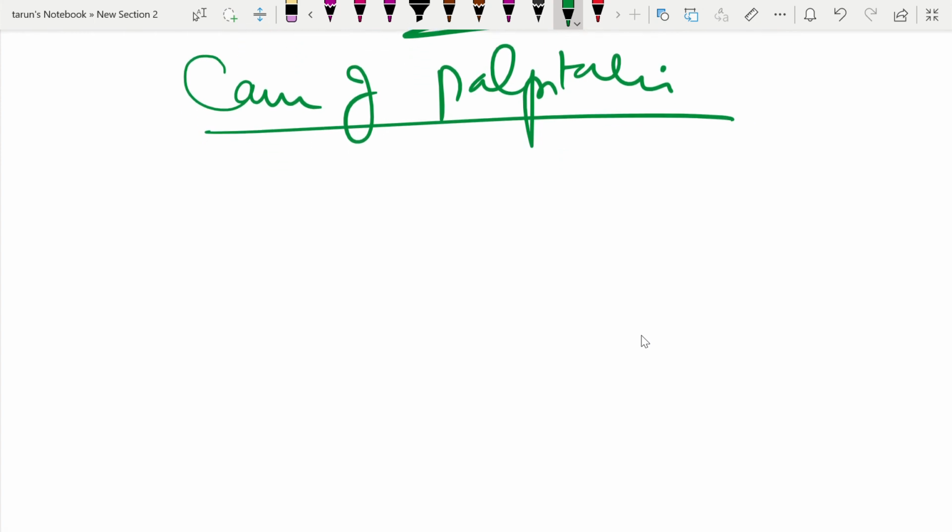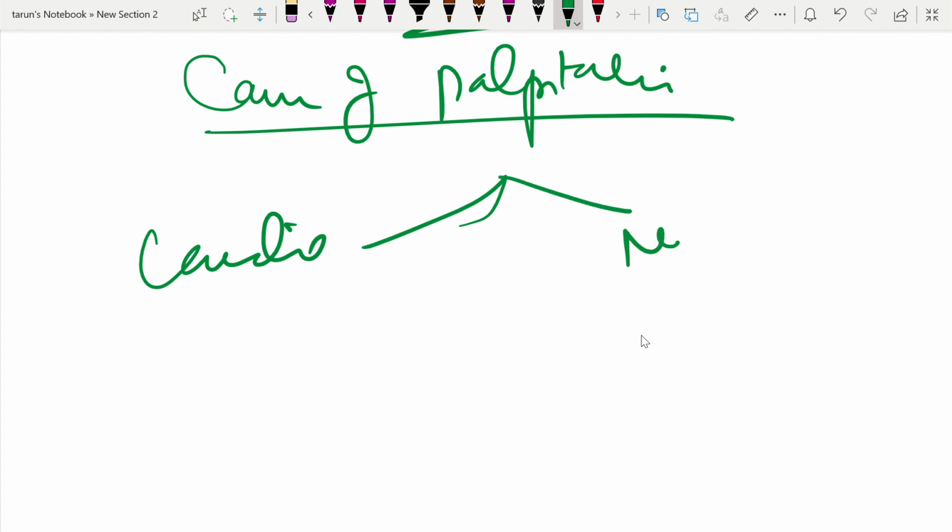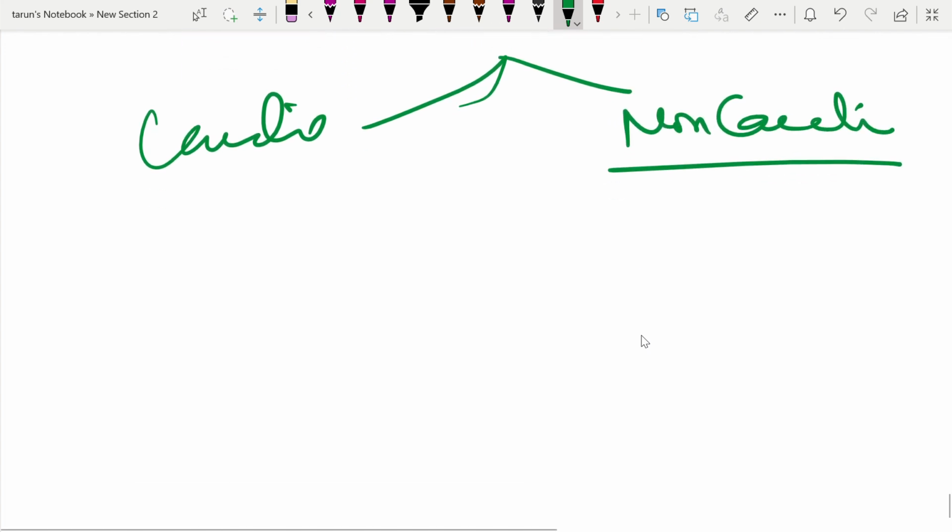You have to tell cardiac and non-cardiac. In non-cardiac, you will say all the hyperkinetic circulations like anemia, pregnancy, beriberi, fever, thyrotoxicosis, AV shunts, anxiety. This is the hyperkinetic non-cardiac cause of